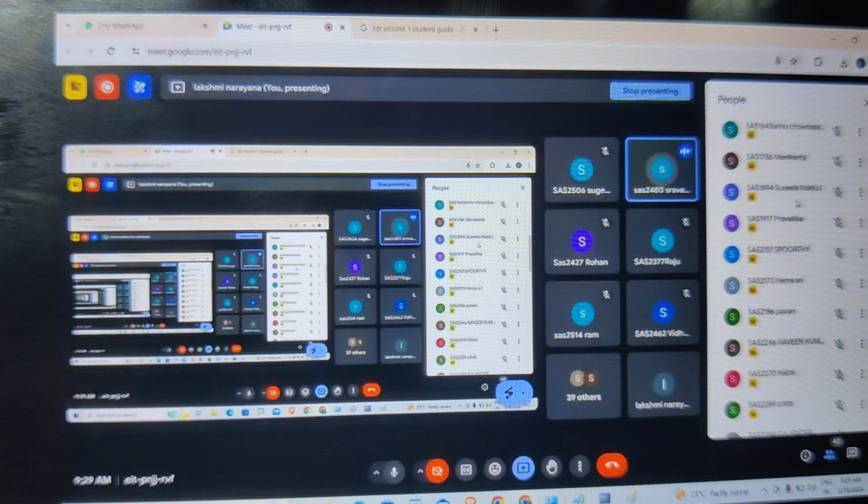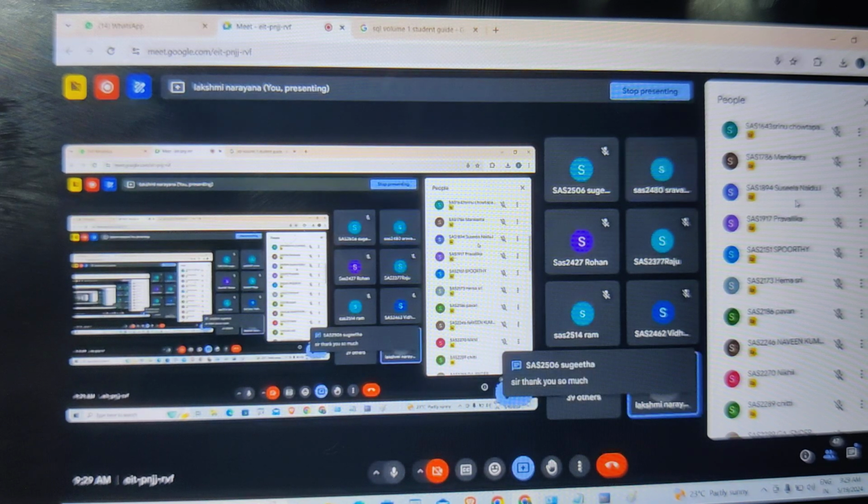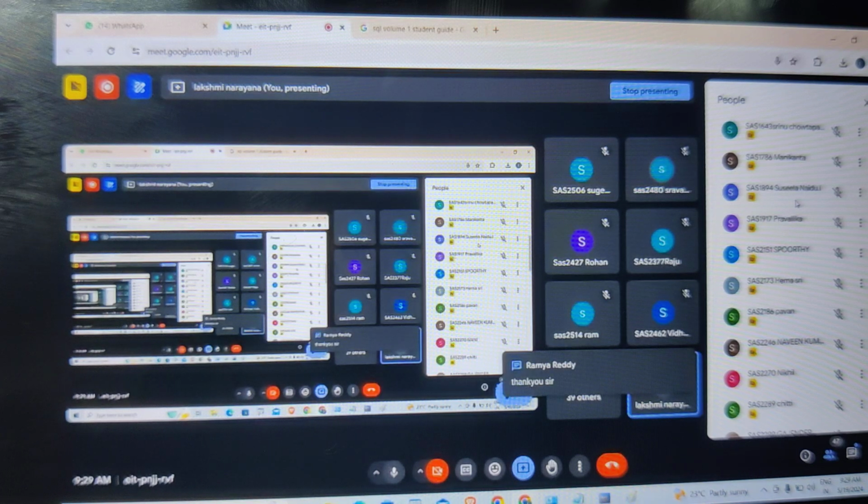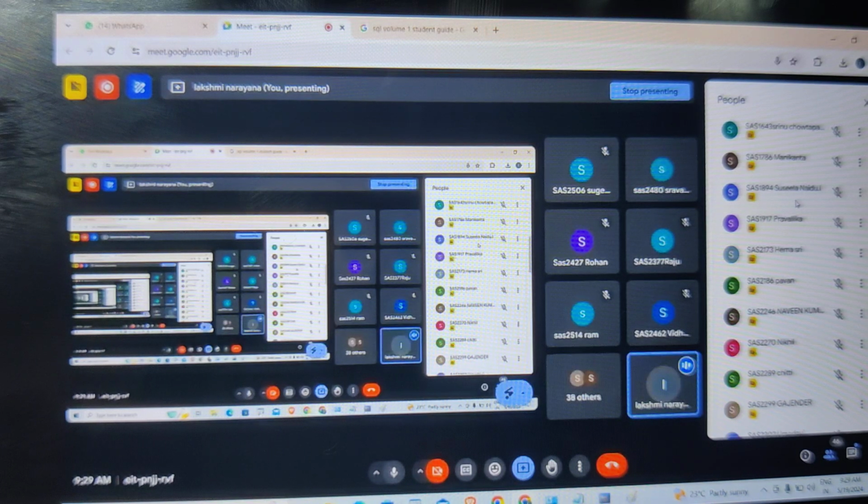Sir, if we have any further doubts after reading, how do we contact you, sir? I have given the number now. Okay, fine. Thank you. Tell them that you are in the SAS batch of this timing, okay, before telling that, because I don't know you. So when you want to contact, tell them that you are in a batch of this one. Okay? Sure, thank you.